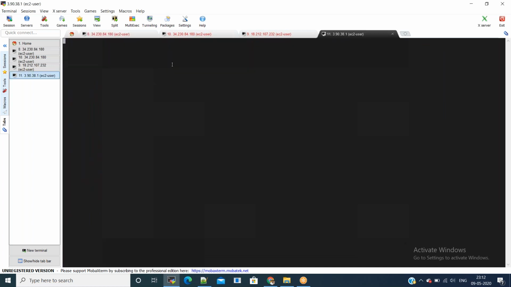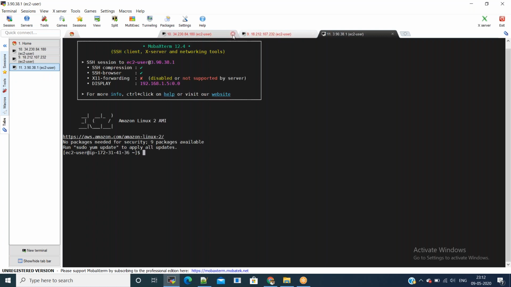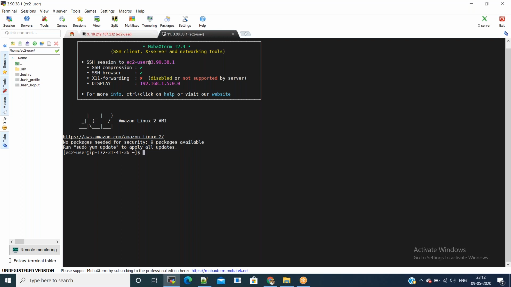Click on OK. Become root user using sudo -i. Now you can update the system and install Jenkins.